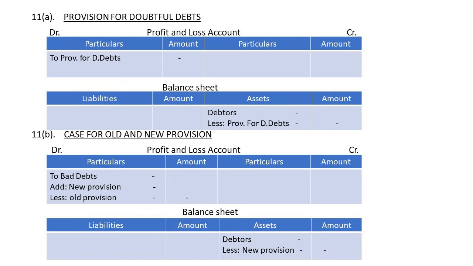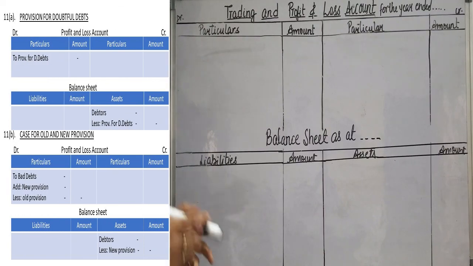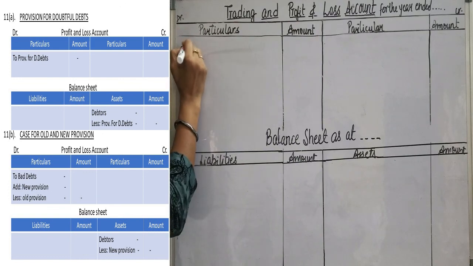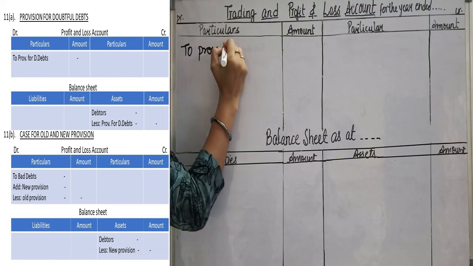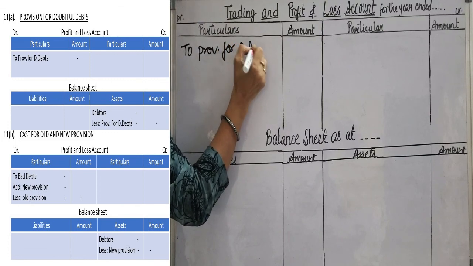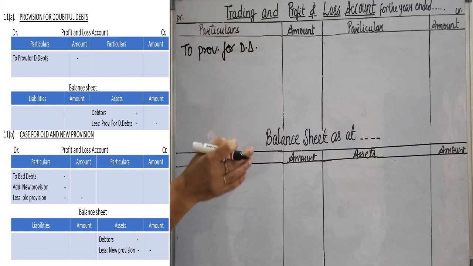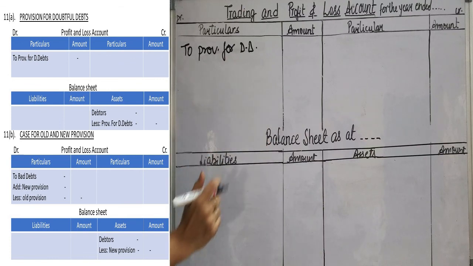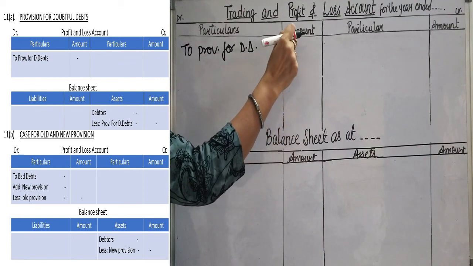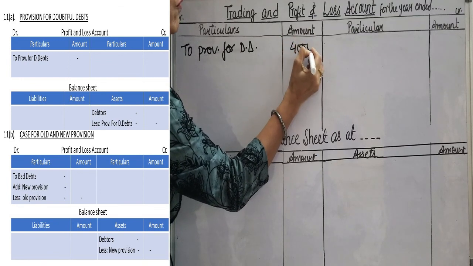of the balance sheet. Now, for provision for doubtful debts, suppose debtors are shown in the trial balance at rupees 80,000. And then in the adjustments, it is given to create a provision for bad debts at the rate of 5% on debtors. Now, the accounting treatment of this provision for doubtful debts, firstly, it will appear here on the debit side of the profit and loss account as it is an expense made by the business to cover an expected future loss. So, it is 5% of 80,000. So, it comes to 4,000.